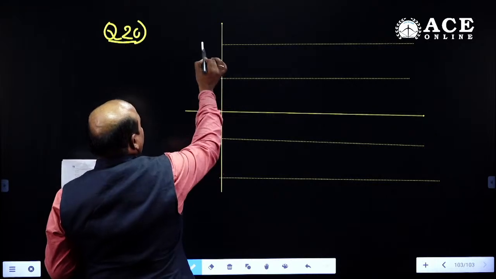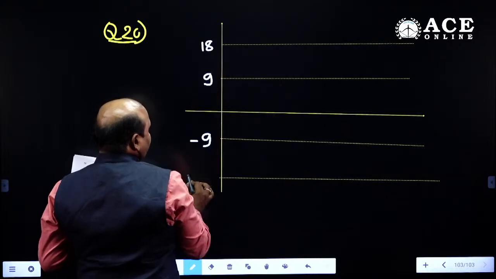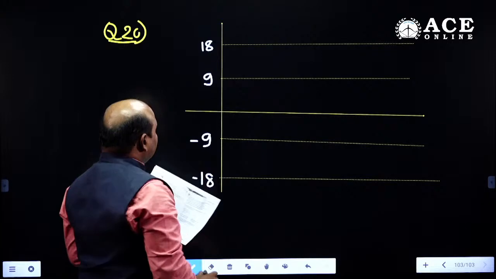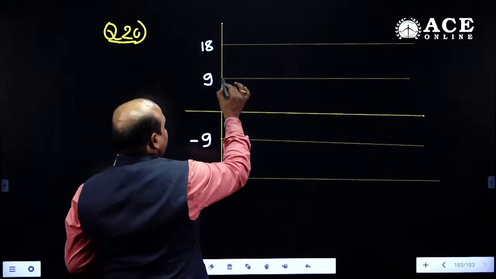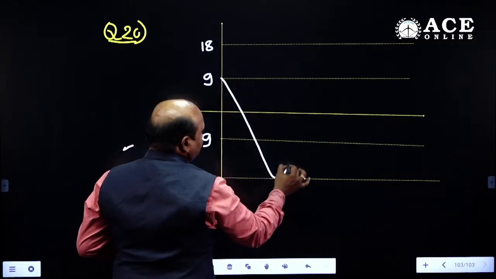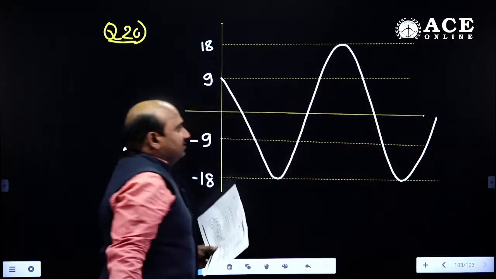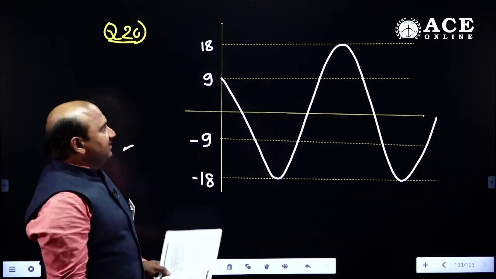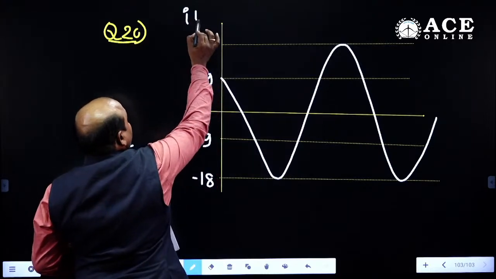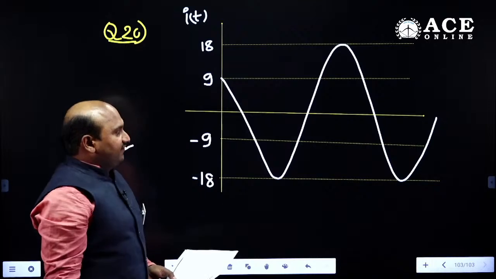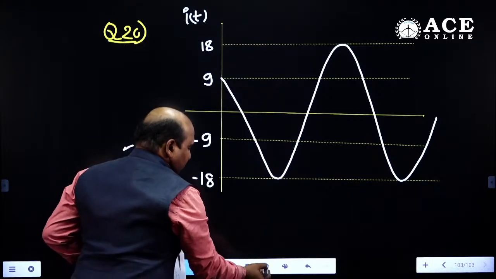Here 9 is given, here 18, here minus 9, here minus 18. Right. Now we need to estimate, this is the current waveform, i of t. We need to estimate how i of t is. Here four options are given. Guys, for this